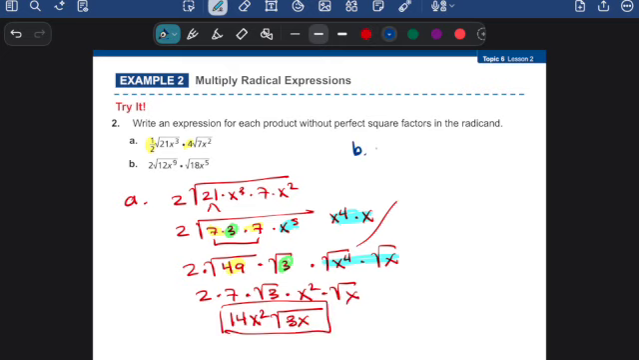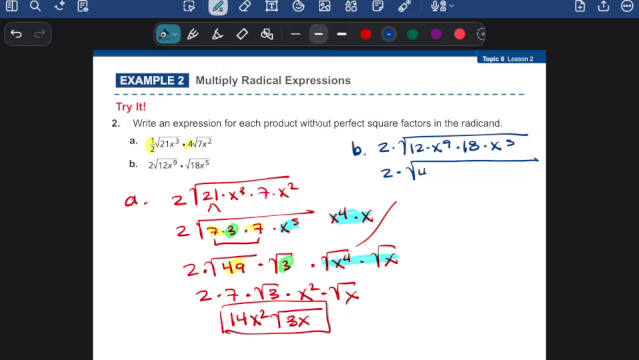Okay, let's do part B. I'm going to rewrite it all under one radical first. So 2 times the square root of 12 times x to the 9 times 18 times x to the 5th. So now I'm going to be looking for factors that are perfect squares underneath the radical. 2 times